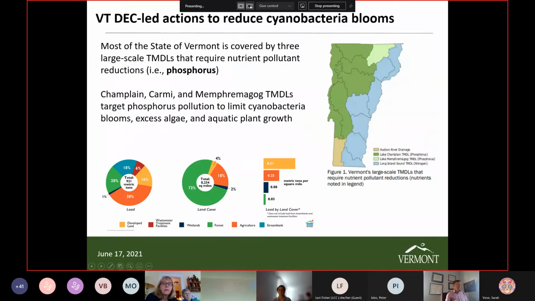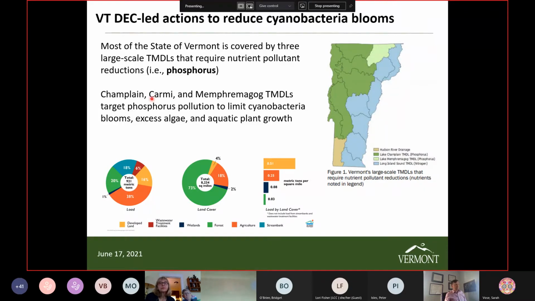And so our efforts to implement clean water projects are focused on those sources of nutrients that can lead to cyanobacteria blooms. What we've done is we've divided up the state into 3 total maximum daily load regions, and we've developed phosphorus reduction plans for each of those regions. Up here on the left on the map is the Champlain Basin, and that has 1 TMDL focused on phosphorus. In the middle northern part is Lake Memphremagog, which also has a TMDL, and then the whole Connecticut River side of the state, which drains into Long Island Sound, also has a TMDL, but that's more focused on nitrogen and less relevant for our discussion.